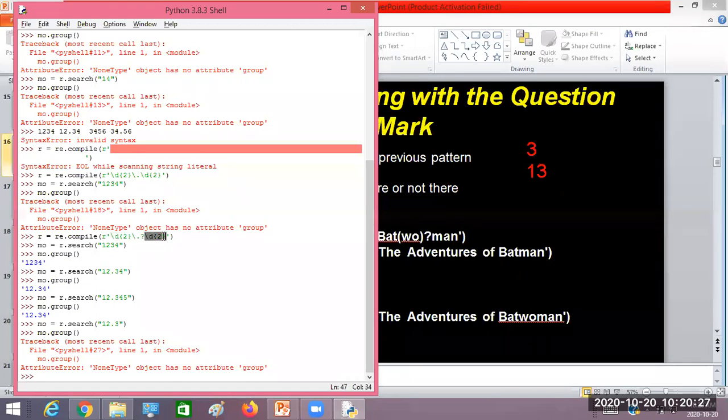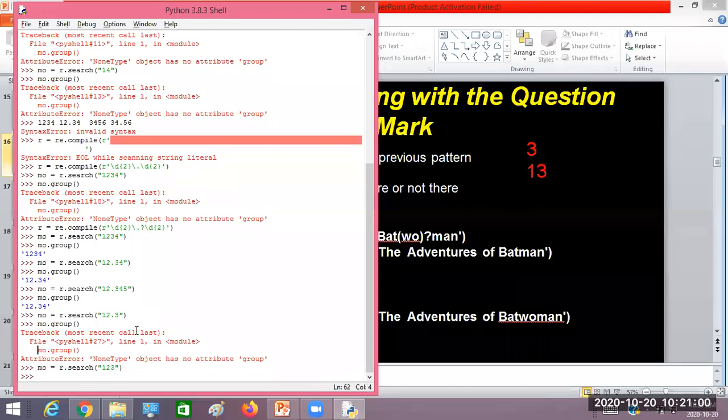Are you getting my point? Before the decimal point there must be 2 digits. After the decimal point there must be 2 digits. So in this example, before the decimal point there were 2 digits, and after the decimal point it matched only 2 digits. The next data are just ignored. But here there were fewer digits, so it didn't match. Likewise, even with an integer number like 123, if I write just 123, again this will be an error.